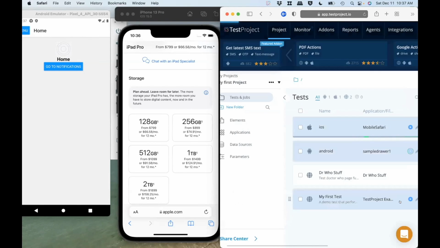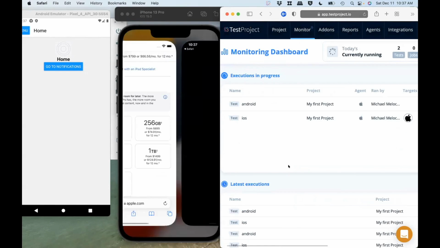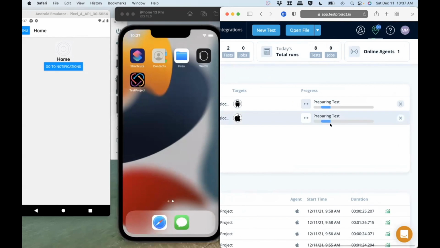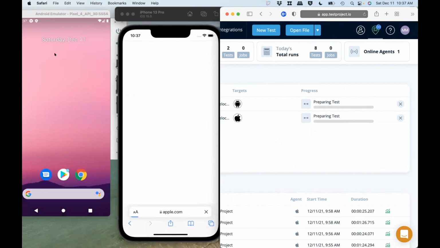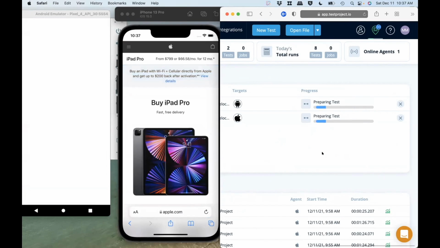And I will again use the defaults. So while these are running, I'm going to switch over to our monitor so we can see what's going on. So here's our monitor. Our tests are preparing. So iPhone just reset. So it's reset back to default, and so did Android. And as you can see on the Android emulator, it's going to run our default app that we were running